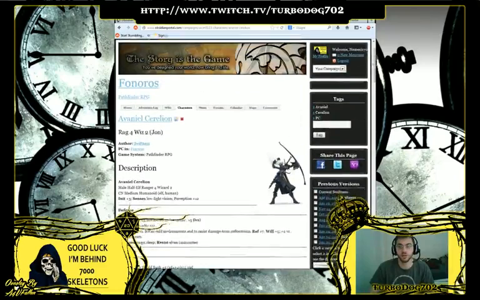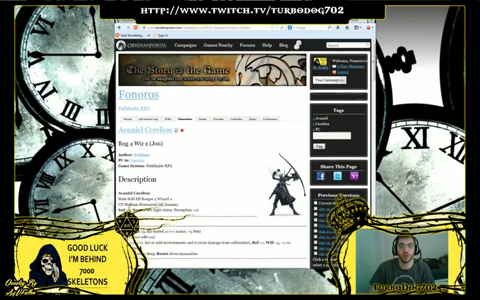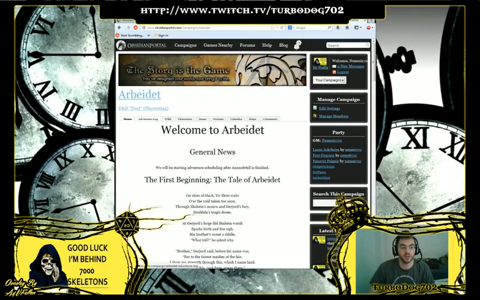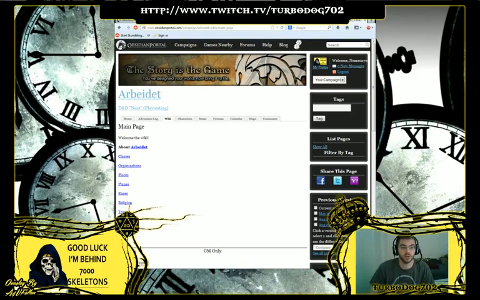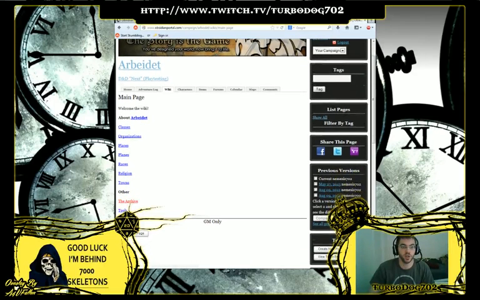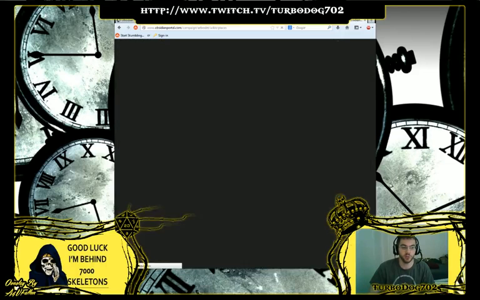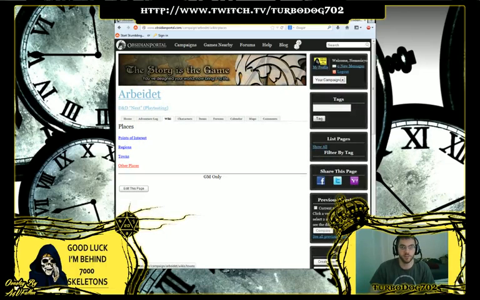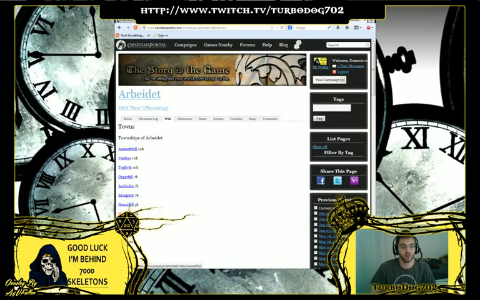Very nice website utility. If I'm going to look at Arbadet instead, obviously my adventure log doesn't have anything on it, but I have the same type of setup for wiki links, and I guess I could show you the wiki page ideas in here. So same thing, you can have your blues, and then I've set it up into sections, like about and other, and I've further categorized it into more refined subjects. So I could go into places, and say the PCs want to know about Offerfell, which is the main town that they're in. They can go into towns, Offerfell,